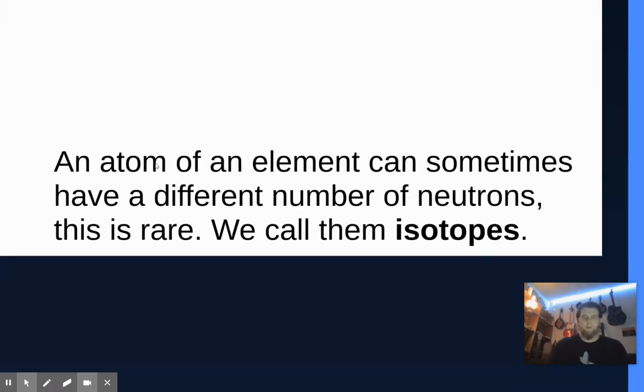So we just talked about isotopes, different numbers of neutrons. Some of them are very rare, some of them are very common, but they do exist, and that's what we call an isotope. So carbon could have 6 protons in the nucleus, and it could have 6 neutrons in the nucleus too. Let me back that up. It can have 6 protons in the nucleus if it's carbon. It can have 6 neutrons, or it can have 8 neutrons, or some have 12 neutrons, some have 14 neutrons. It's just a different number, but all of them are carbon because there are 6 protons. And then the isotope is just when those protons and neutrons don't balance out.